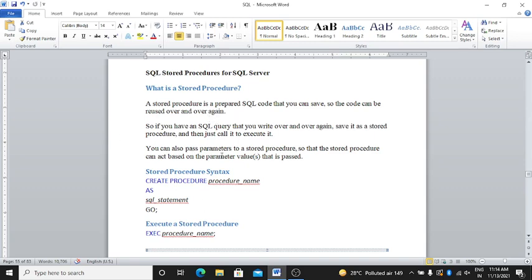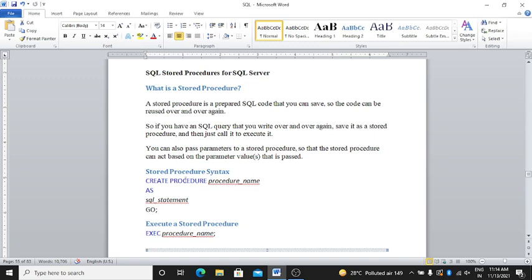So if you have an SQL query that you write over and over again, save it as a stored procedure and then just call it to execute it. You can also pass parameters to a stored procedure so that the stored procedure can act based on the parameter value that is passed. Clear?